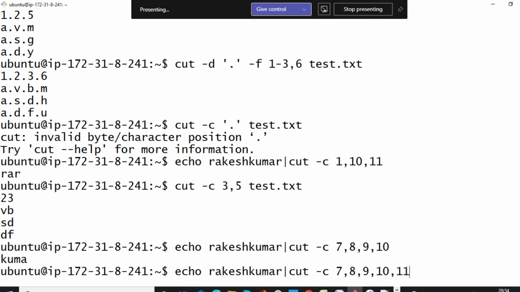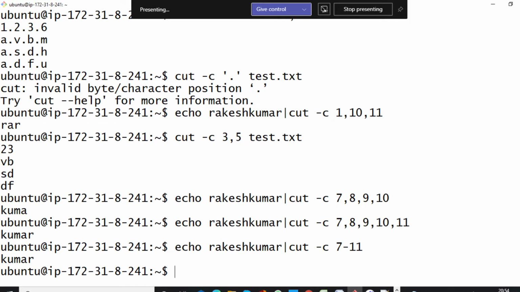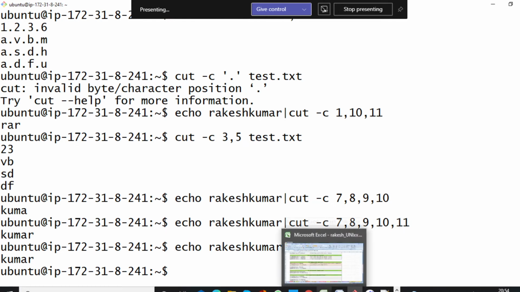If I put 11, then it will print up to Kumar. One more thing we can do here, either way you can do. It will print the 7th to 11th characters, starting from 7 and reaching 11. This way we can print the characters.